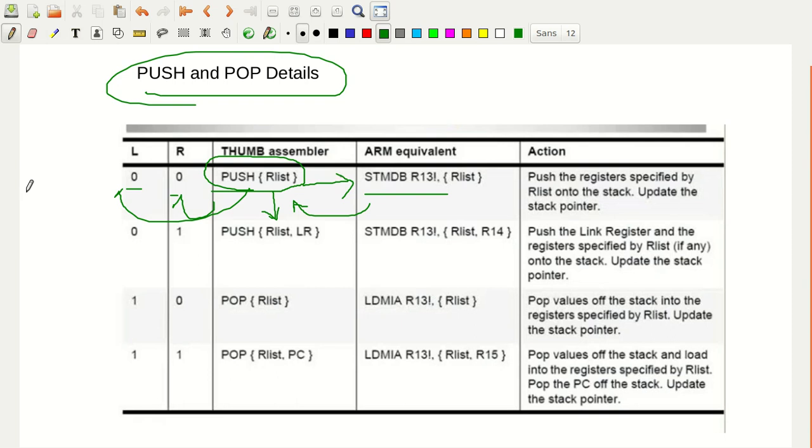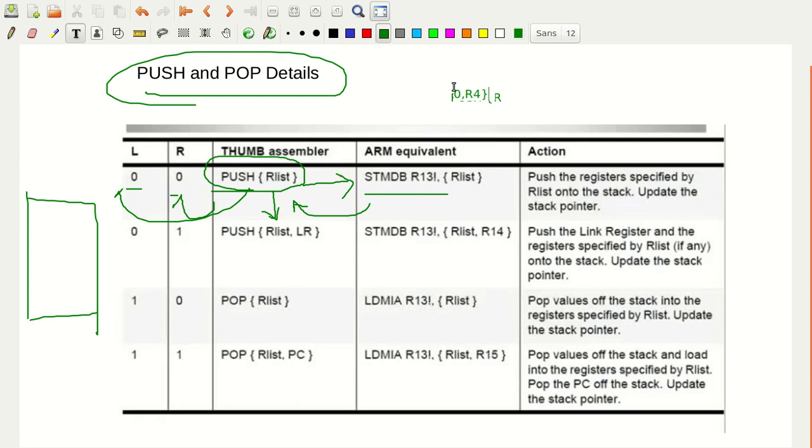So let me take an example here. Let me write PUSH {R list}, that is R0, R4.